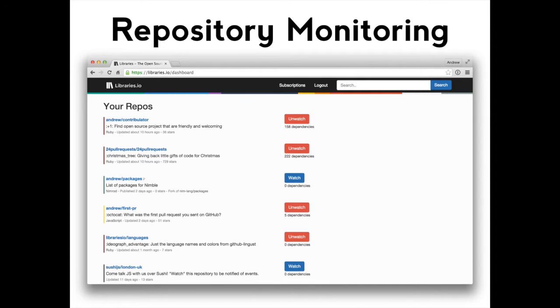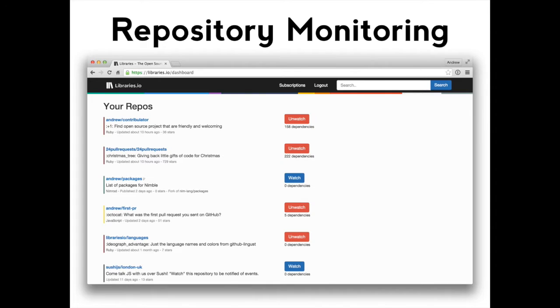Another interesting thing we can do is then, given a GitHub repo, we can actually watch all of the dependencies for that particular thing. This is the main piece of work that I've been building. You can essentially log in with your GitHub account. It will download and parse all of the repositories, either just your public repos or your public and private repos, and pull out all of the dependencies across all different manifests that you have.